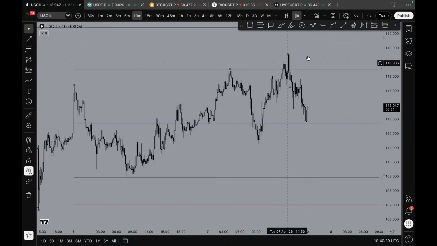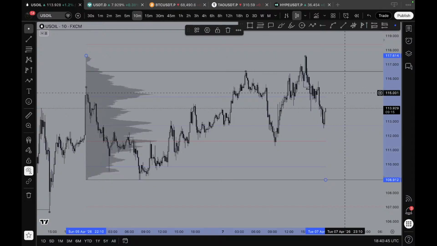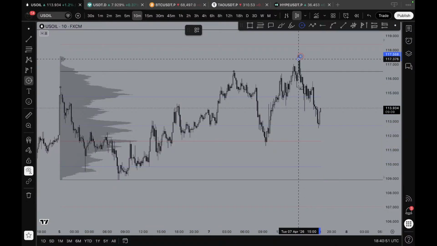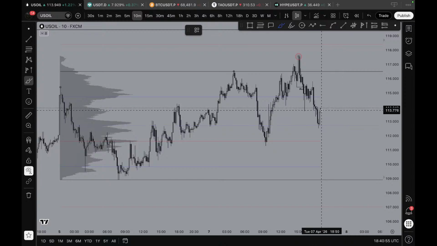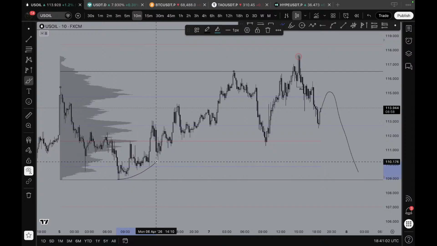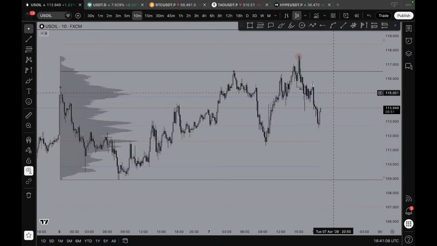So technically this is a valid one. And we are also back under the value area high. So technically you could say that this is your manipulation and that now the most likely outcome is to rotate back to the lows. Especially since we have this liquidity still intaken, which looks super good. So then we can look,